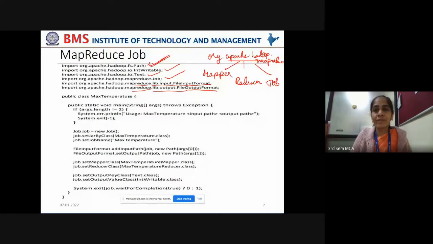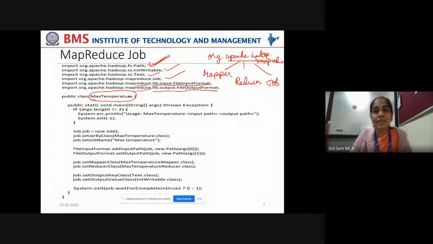These will help us to perform file read and write operations after the MapReduce job execution is done, in order to make the client see the results of the MapReduce task. For that, you are using this FileInputFormat and FileOutputFormat. Now, this is your main class, which has your main function.